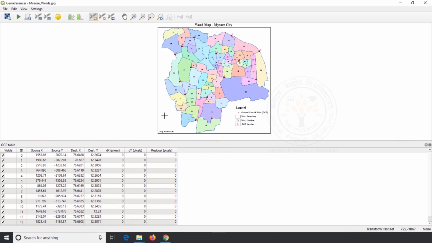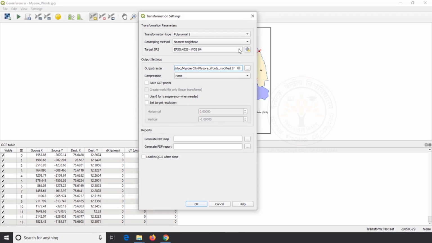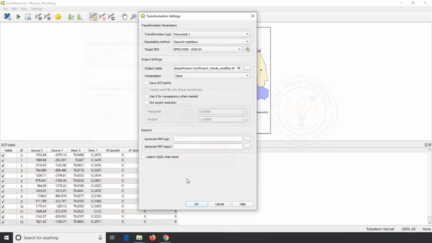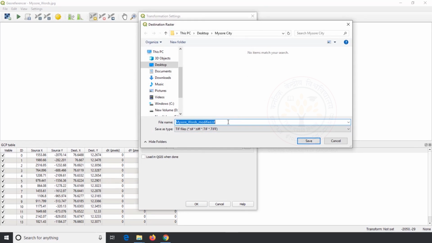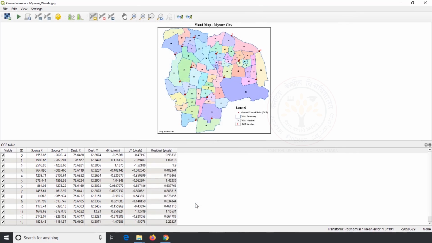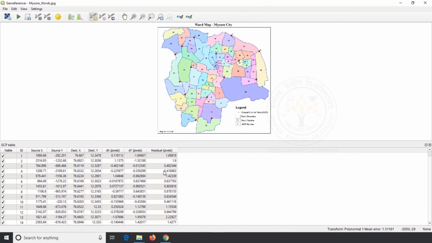Once you have entered all the GCP values, use the transformation settings tool to assign the geographic coordinate system and save the location. Look at the error of georeferencing and process it.